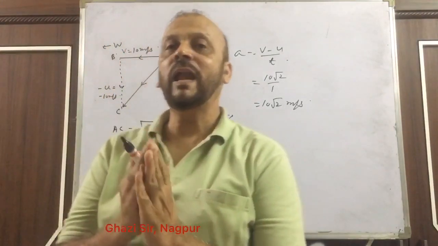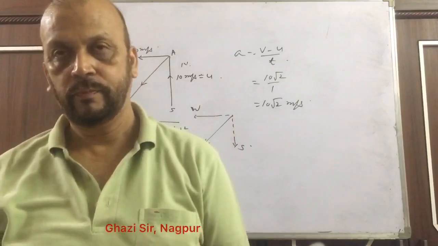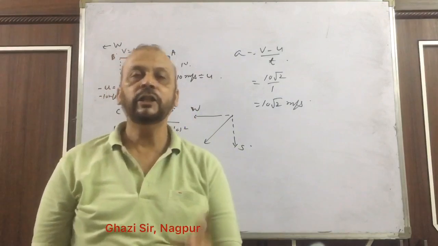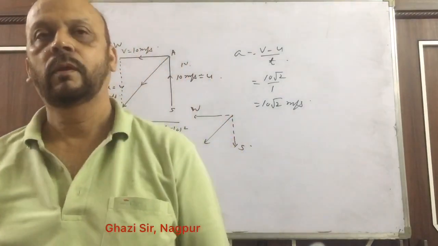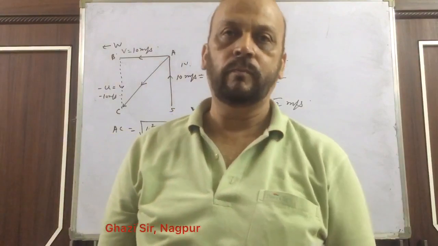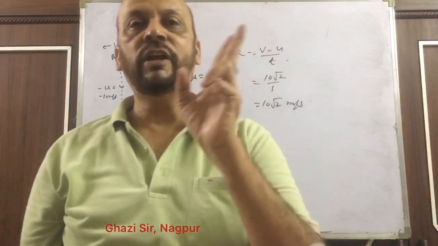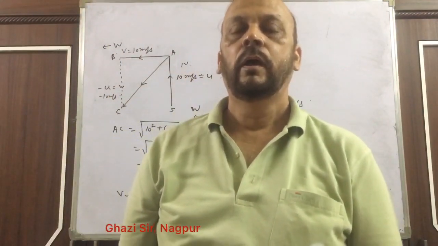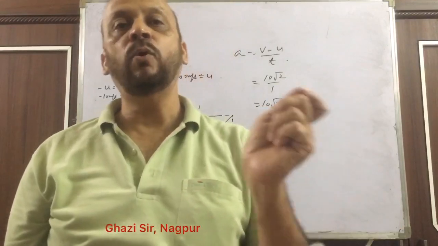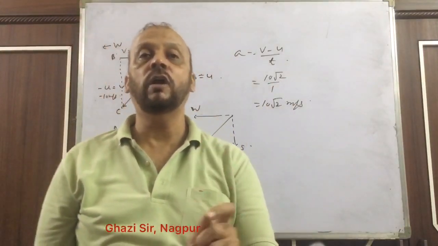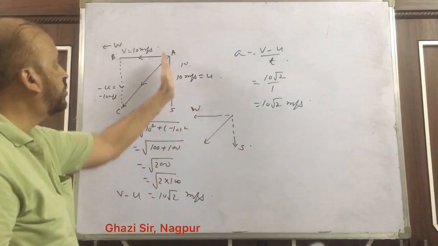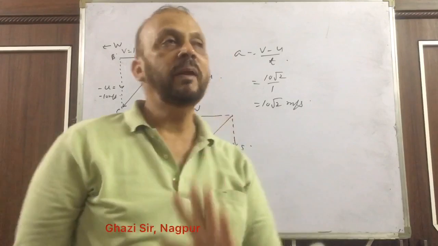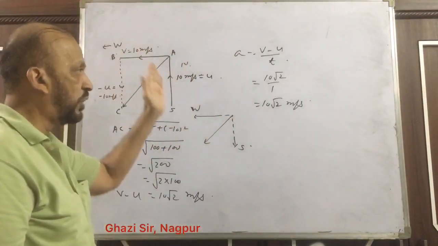So acceleration can be produced by three methods. Either by increasing velocity, and that would be positive acceleration. It can be negative also. When velocity is decreasing, it will produce a negative acceleration. And acceleration can be produced by changing the direction of velocity, although we have not changed the magnitude. Speed को हमने change नहीं किया. Speed मैं 10 मीटर पर सेकेंड, लेकिन डायरेक्शन चेंज हो गया.